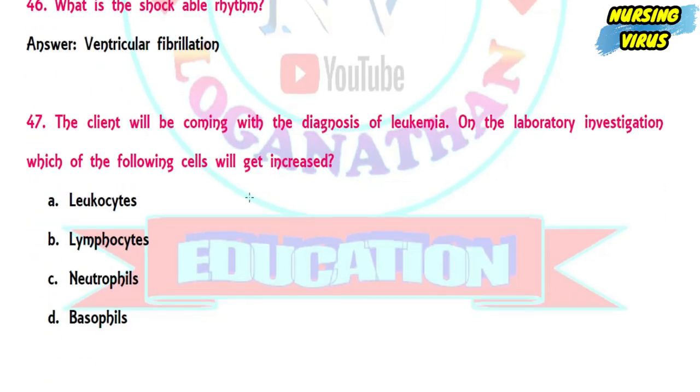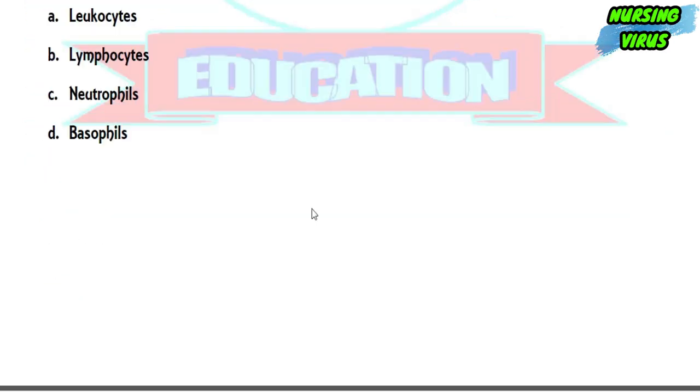So in the next question, the client comes with a diagnosis of leukemia. On the laboratory investigation, which of the following cells will be increased? The options are leukocytosis, lymphocytes, neutrophils and basophils. According to the given options, leukocytosis is the correct one, that is, increased WBC count. So the next question,